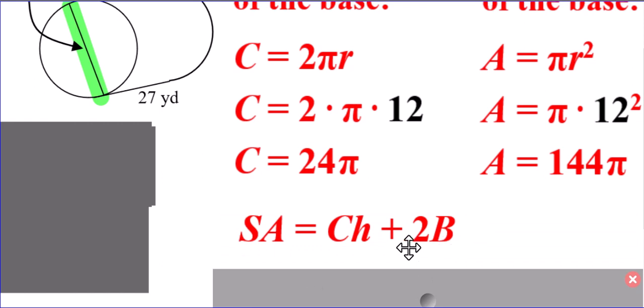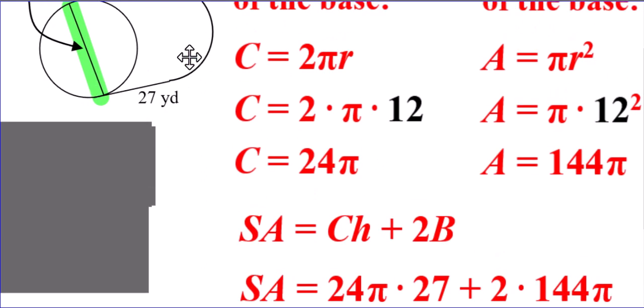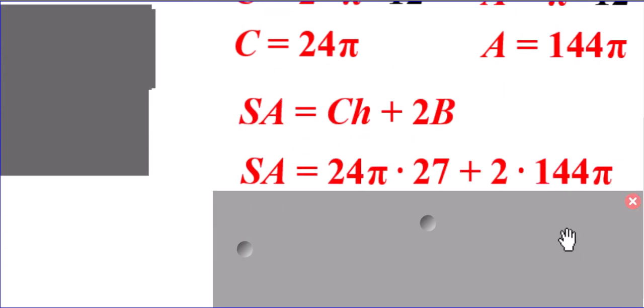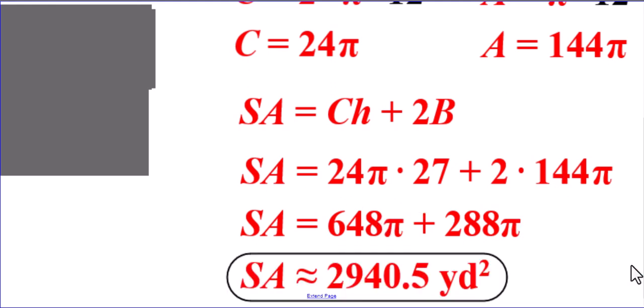it's the cylinder surface area formula. Circumference times h. The h is the 27 because it's the line segment that goes between the circle in the front and the circle in the back. So 27 is your h. 24 pi, 144 pi. Don't lose the 2 here. Now, I actually like to go ahead and write this as, again, in terms of pi. 648 pi, 288 pi. Final answer is